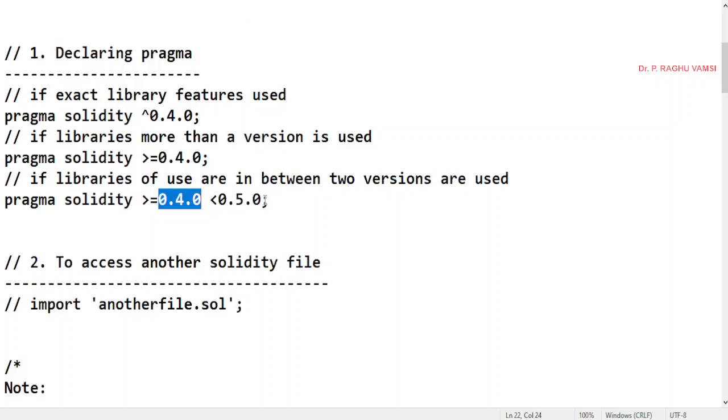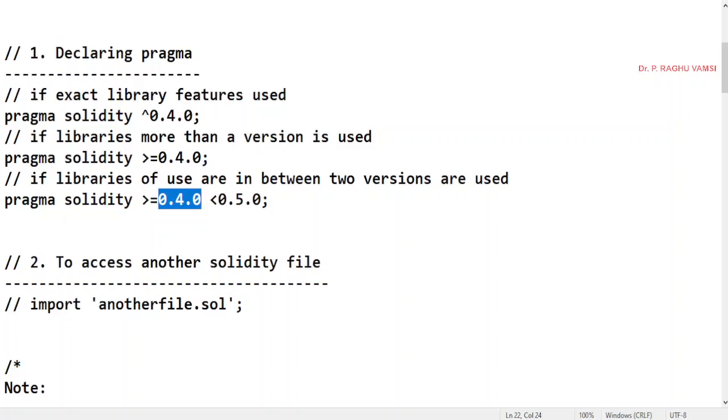What is the meaning of this? You are going to use the libraries introduced in 0.4.0 up to 0.5.0, so up to that library version you want to use the libraries. This is the first statement that you are supposed to declare, the pragma.